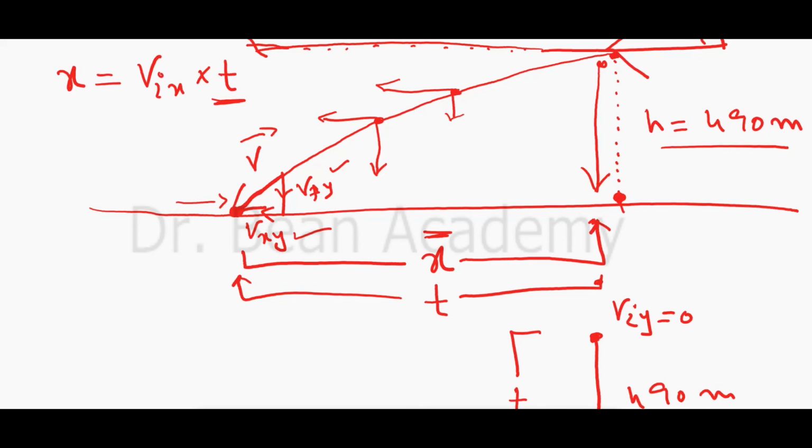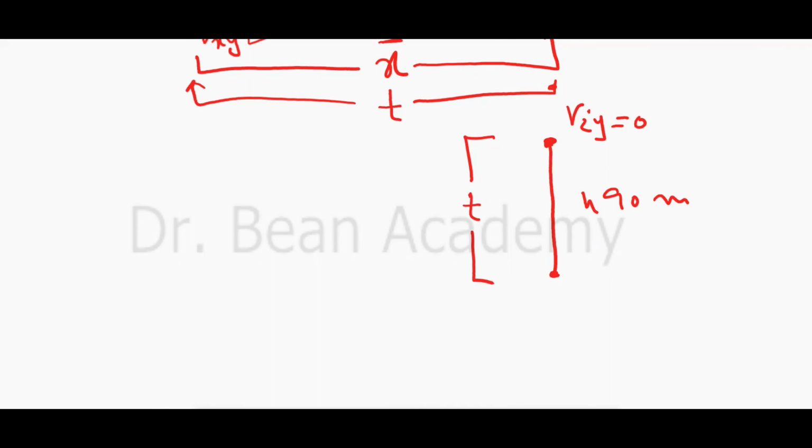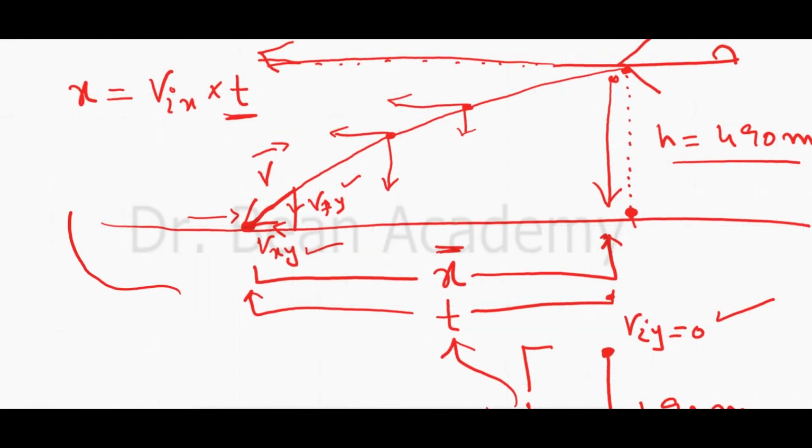And this time t is equal if the bomb starts its journey from zero velocity and comes down to the earth under the effect of gravity. So first calculate this time t using any equation of motion that is suitable. You already know the initial velocity is 0, and the height is 490 meters. So calculate this time and then plug it into this equation to find the horizontal